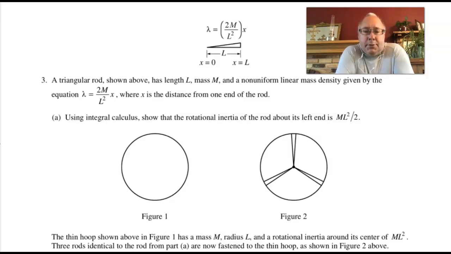All right, and what they have is a hoop, and there's 3 spokes that are like that triangle inside of the hoop. So what we're going to do is take this piece by piece, and the overall goal, first part, is going to be calculating the moment of inertia of 1 rod, and then finding the total moment of inertia of the hoop with the 3 rods. All right, so the linear mass density shows that it's going to vary with the position,